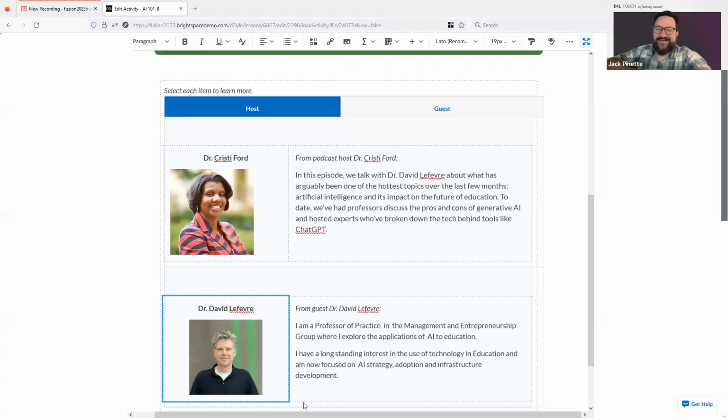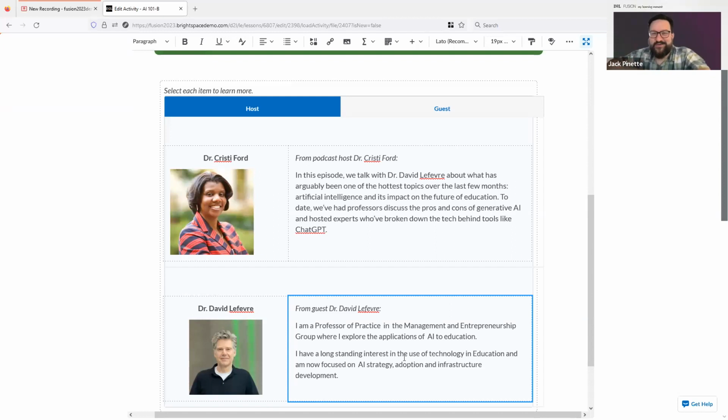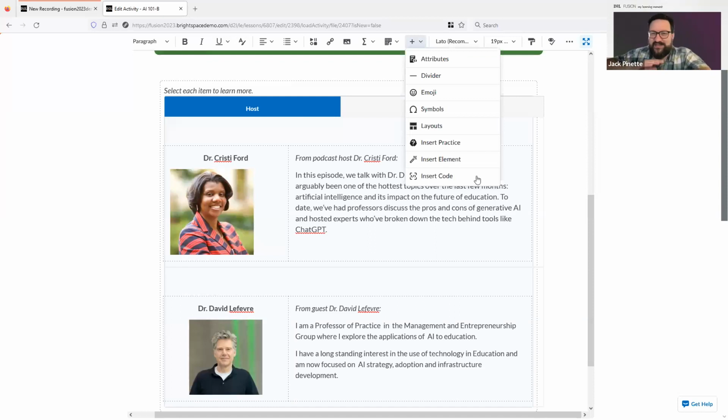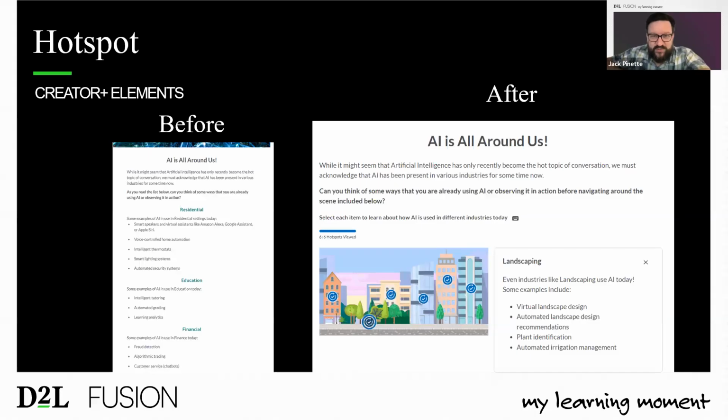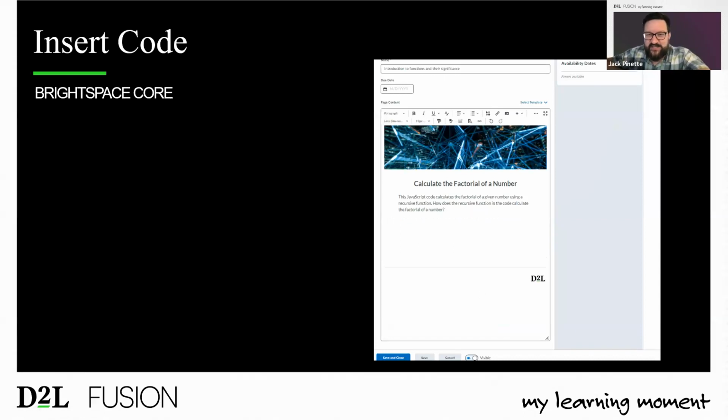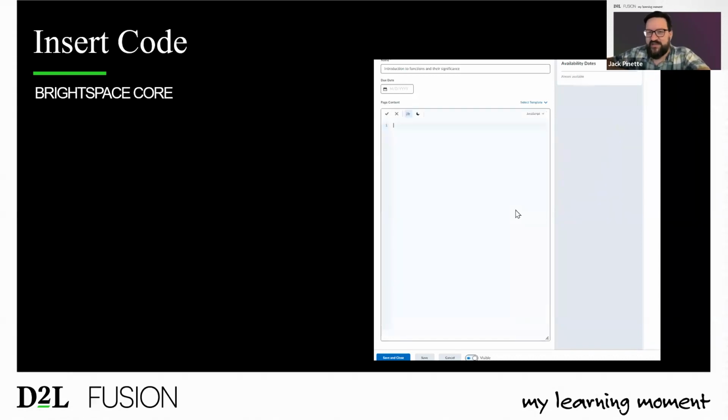Yeah, and I actually saw a little hint of it when you were hitting that drop down, Delia. We like to make these big, expansive, interesting additions to our capabilities in Brightspace, but we also pay very, very close attention to the smaller things that folks ask for and inputs from things like the product ID exchange. And I saw right there, you have it, insert code. This one is not restricted to Creator Plus. This is available to absolutely everybody, but we have lots of folks teaching STEM and coding and other kinds of interesting